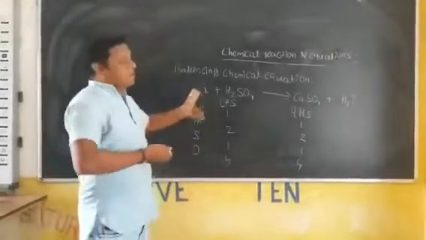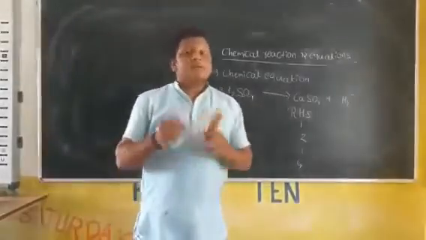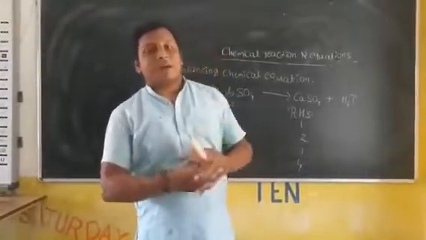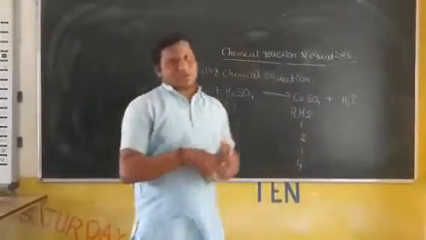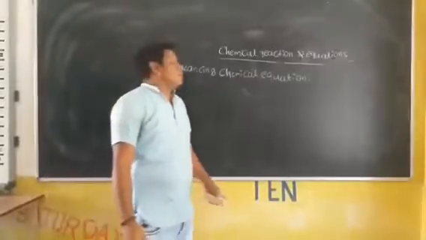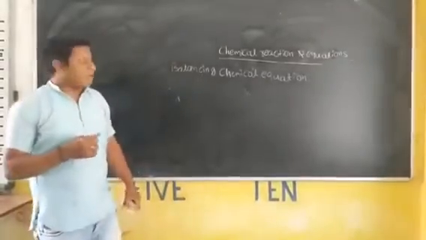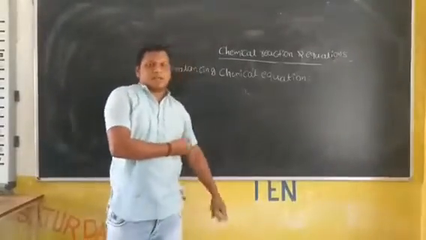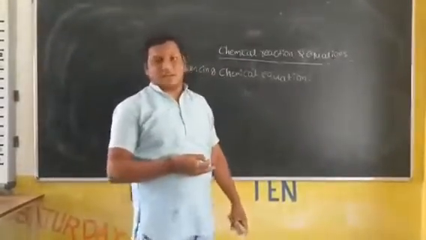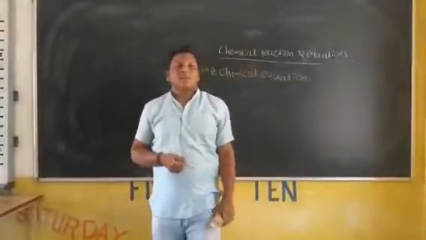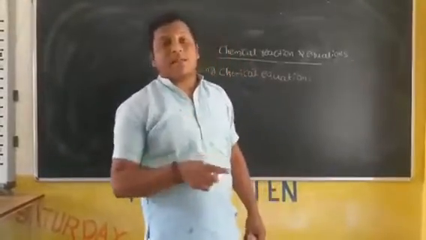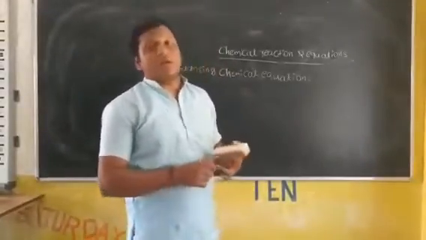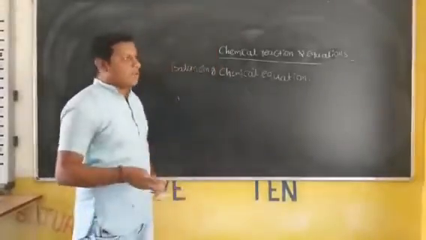Okay, it is already in the balanced state, but sometimes some equations are not balanced. During that time you should balance by taking some steps. Okay. Yes, the next one, balancing the chemical equation. In the previous example, when calcium is reacted with the sulfuric acid, it produces calcium sulfate with the liberation of hydrogen gas. That's the example for a balanced chemical equation. Sometimes the equations are not balanced. During that time, you should balance your chemical equation. Just take one example.